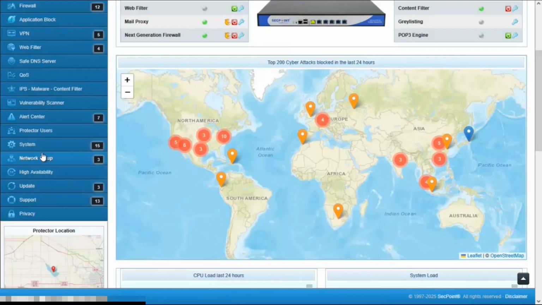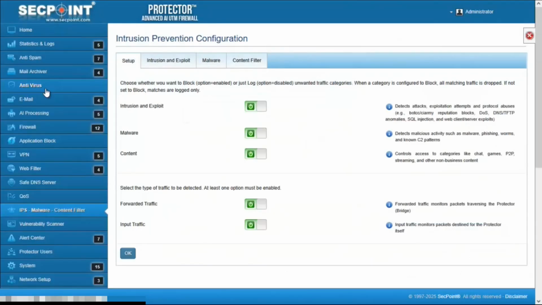By default, the Protector is configured to detect and block cyber attacks targeting the LAN connected to the Protector, but now a new option extends this protection to the Protector unit itself, in addition to the existing protection already available. I mean Firewall, Million IP Block, IP Blacklisting, Application Block, etc. This option is available through menu IPS Malware Content Filter that unifies the management of different IPS categories in a